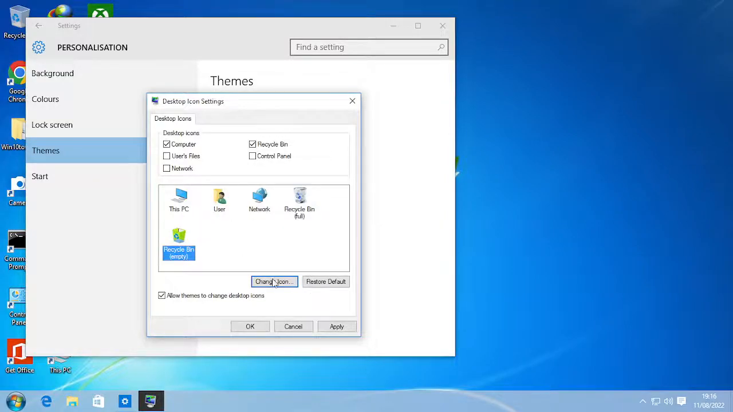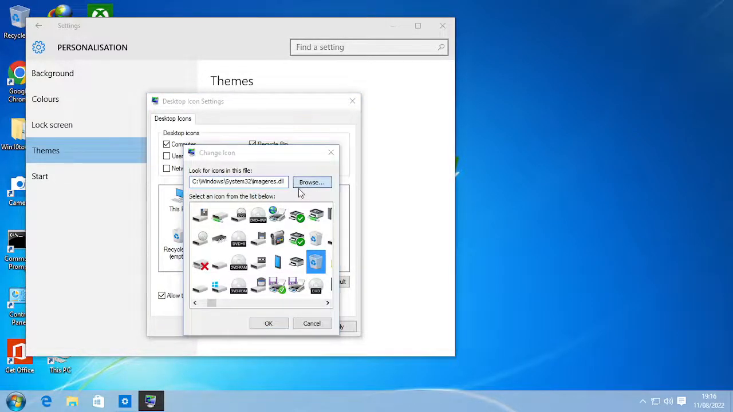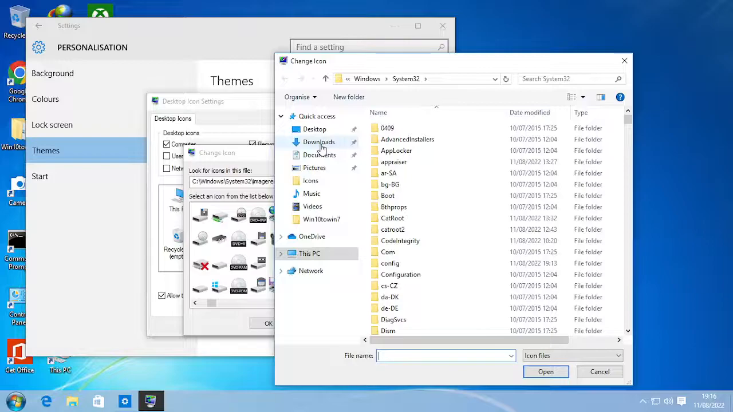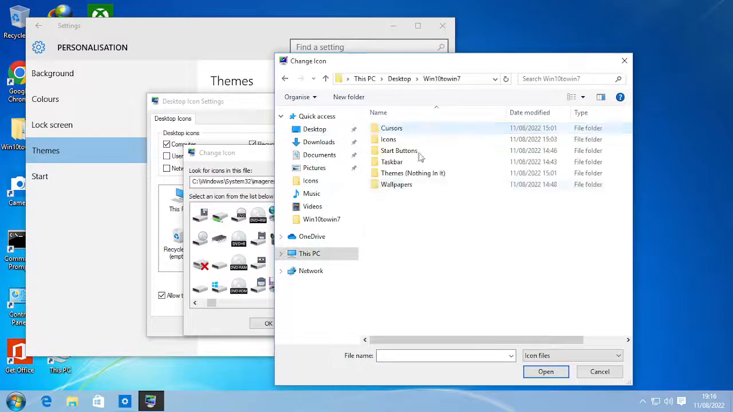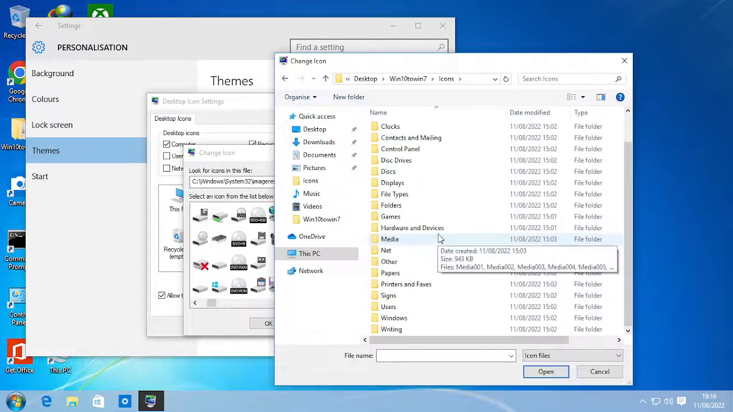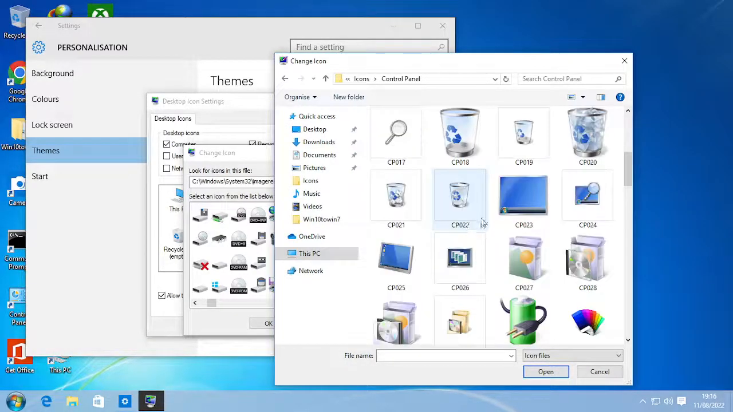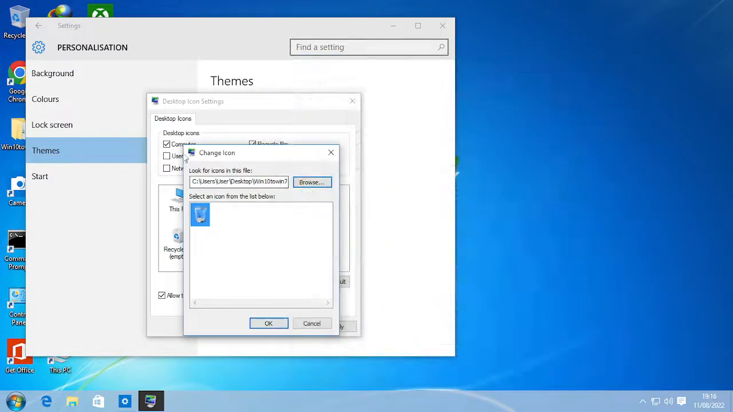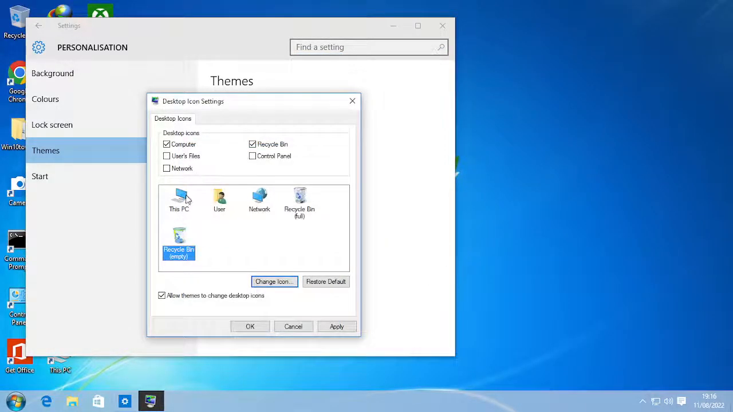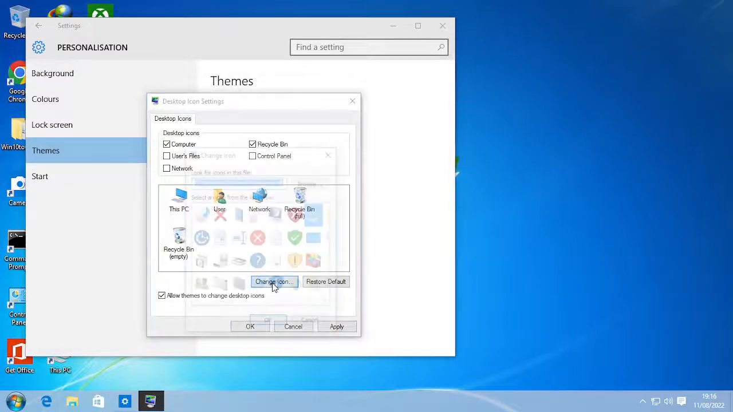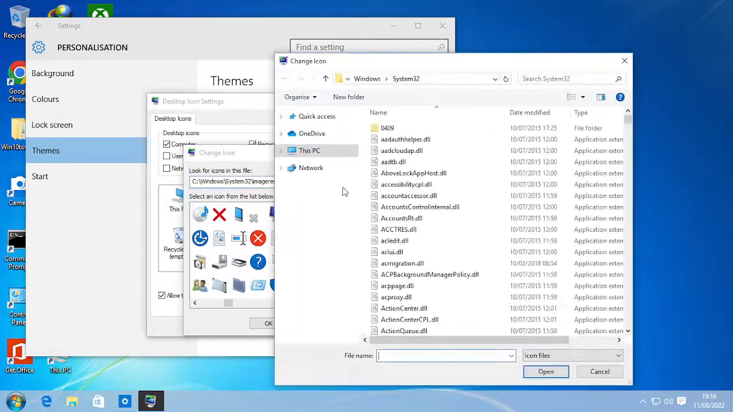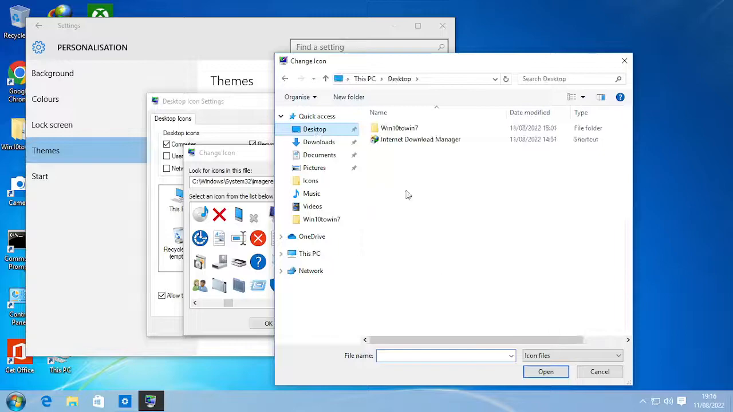And then click on Recycle Bin Empty to do the exact same thing. I don't need to explain this, so you already know what to do. But if you don't, just click on the 10.7 pack. And then go to the empty recycling icon, which is PP018. Then click on OK. Next, click on This PC, change icon, and then, of course, instead of going there,